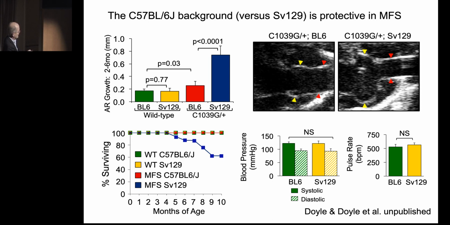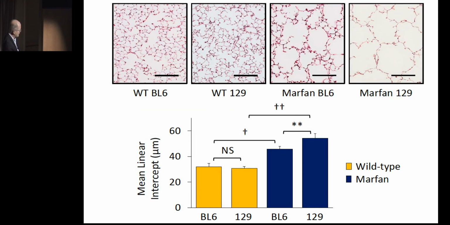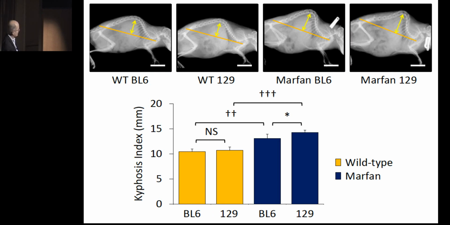If you put the same mutation on the ultra-pure 129 background, you see this very dramatic increase in aortic root growth, here shown by these veritably huge aortic root aneurysms and early death due to aortic dissection, as shown in blue. There's no difference in heart rate or blood pressure between the strains, so it's not simply a hemodynamic issue. We found that the lung disease is more severe on the 129 background as compared to the black 6 background, that the skeletal disease, the degree of kyphotic curvature of the spine, is also more severe in the 129 background,